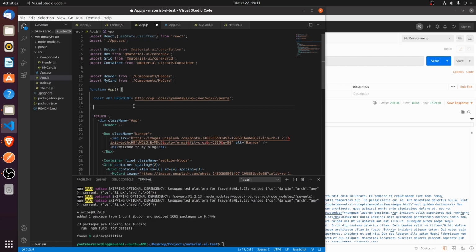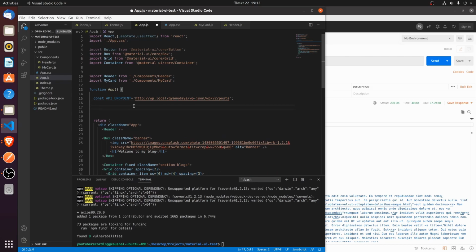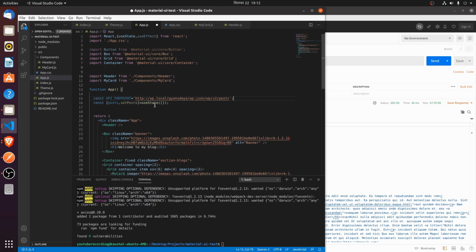So for the state, let's say const post, and it accepts a function, set post, where you could use state. This would be a blank array for now. I'm sure you know how use state works. It accepts the variable and then a function. So use state actually provides both of these, and we're simply capturing them in these variables for our later use. Post is where we would be assigning all the API request